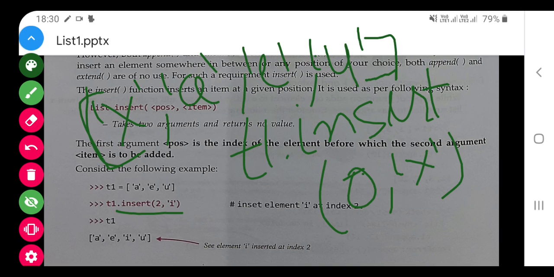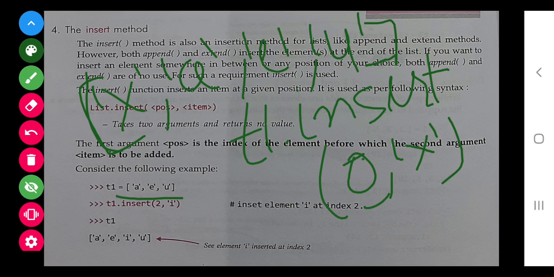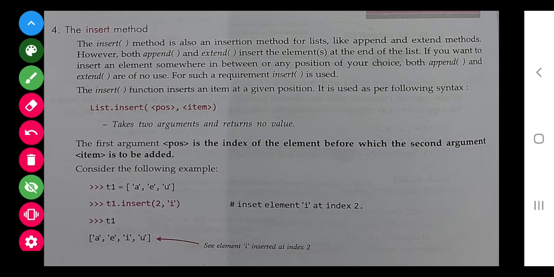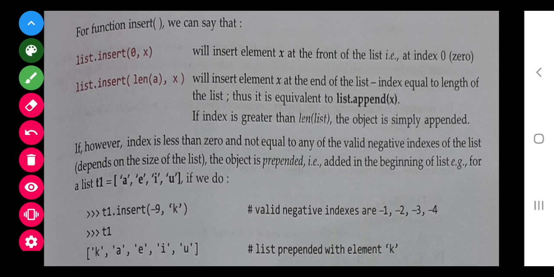It will go to the next position, because I have given 0 position only. So in 0 position x is there. Now a will be in first position and e will be in second and u will be in third. So in any place we can add, but in append and extend, it gets added at the last only.